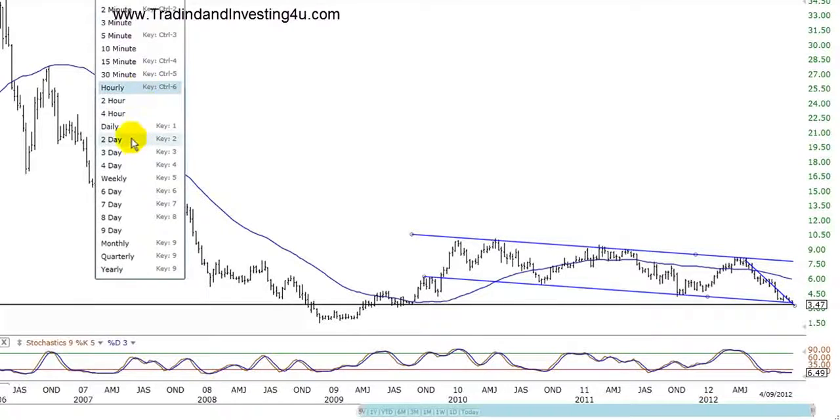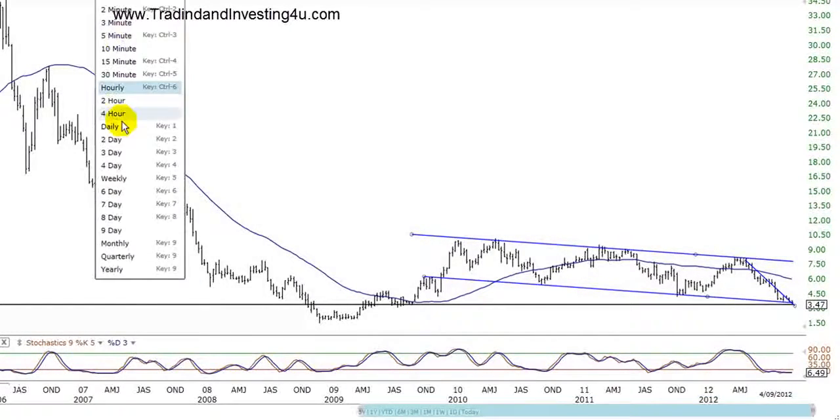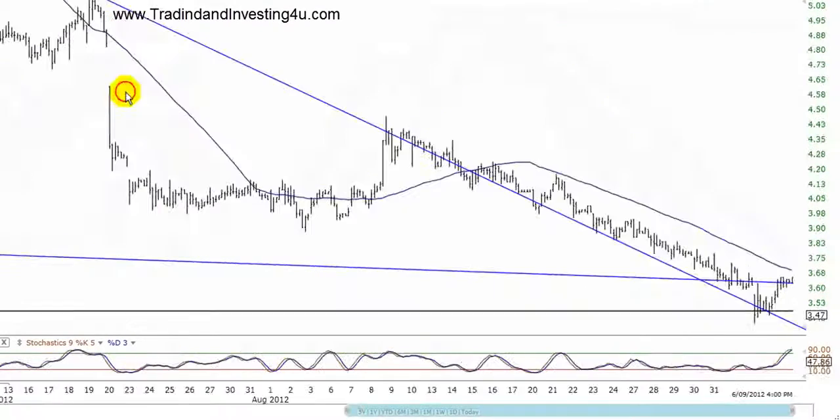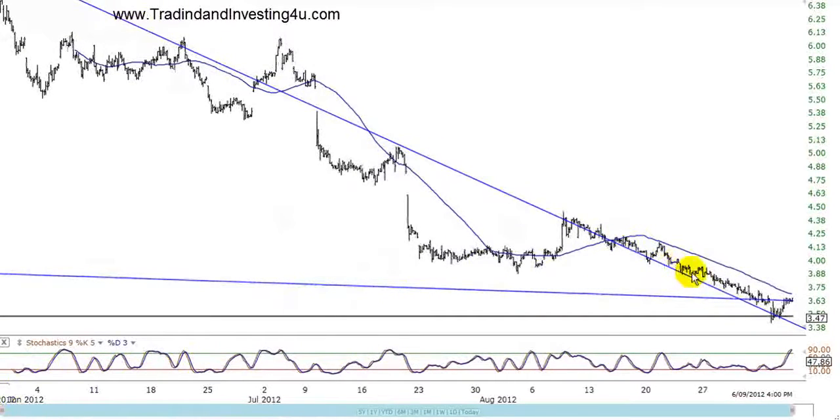Let's just change this here to hourly. Okay, there we go, hourly. And now we can see on the hourly chart, if I squeeze this right up, this market has come down through here, it's at these support levels, and now we're ricocheting up through here. So if we get maybe a bit of a higher trough through here and are breaking above the levels there,